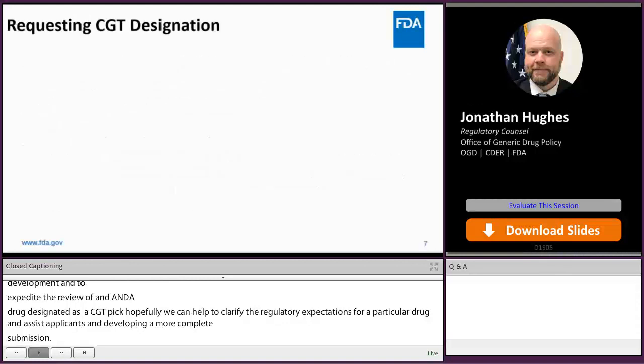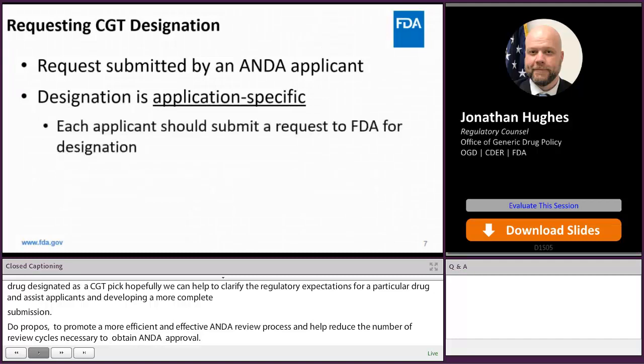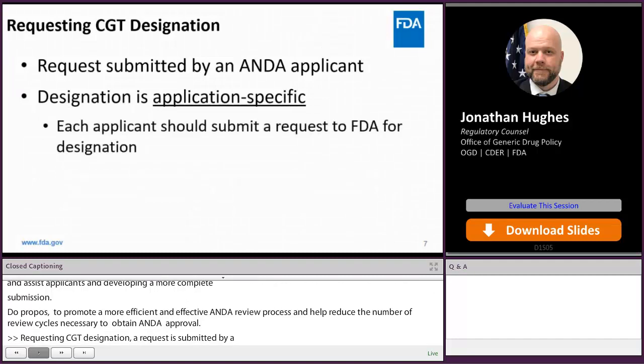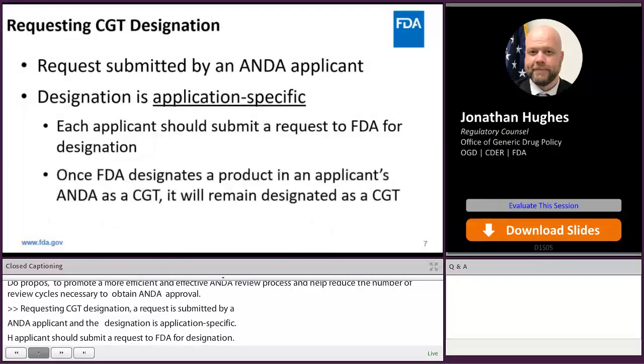Requesting CGT designation. A request is submitted by an ANDA applicant, and the designation is application specific. Each applicant should submit a request to FDA for designation. This is one of the things we sought to clarify in the final guidance. We received some comments on this related to the language around drug products and applicants. So we wanted to clarify that each applicant should submit their request if they want CGT designation. And once FDA designates a drug product in the applicant's ANDA as a CGT, that application will remain designated as a